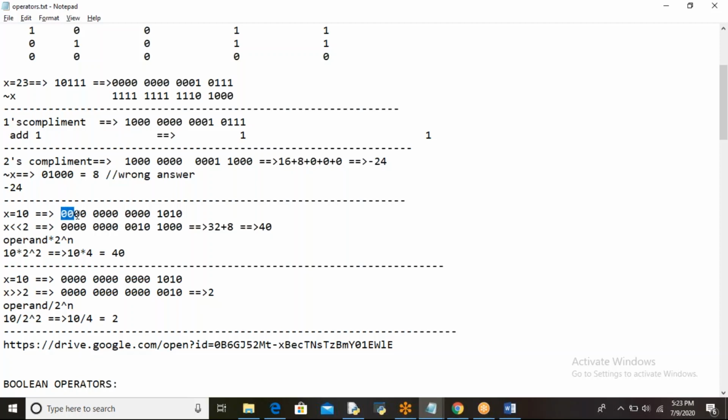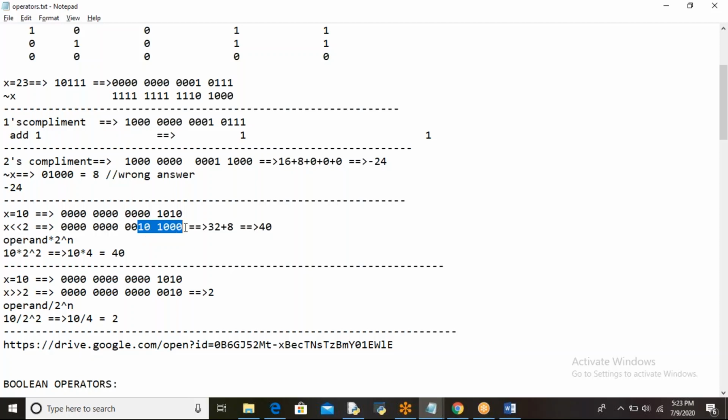When you move these 2 bits outside, these bits will come to this place, these bits will come here, and these 2 zeros will come here. This 1 and 0 will come to this place, and this 1 and 0 will come to this place, and here 2 zeros are added. You moved 2 bits to the left, so all the bits are adjusted to the left side. Finally, at the end, 2 zeros are added. Now you calculate the value of this: 1 0 1 0 0 0.